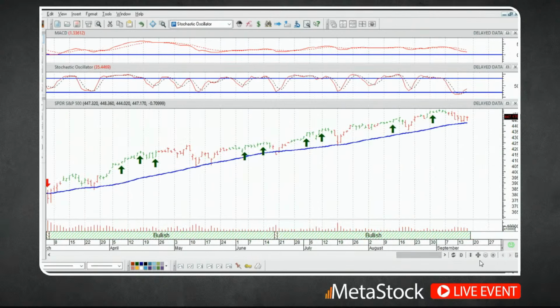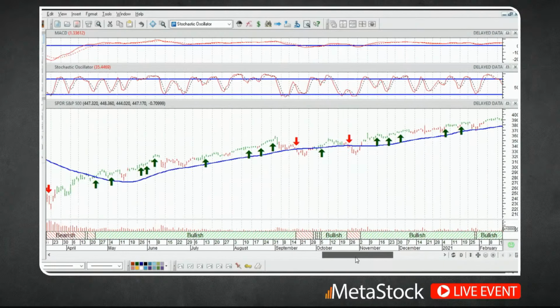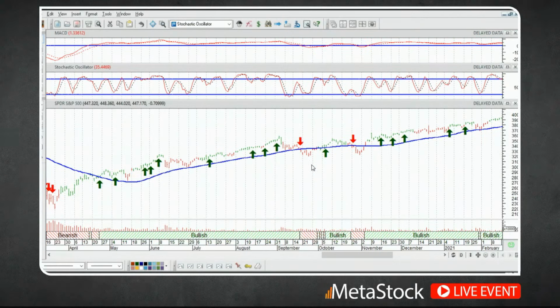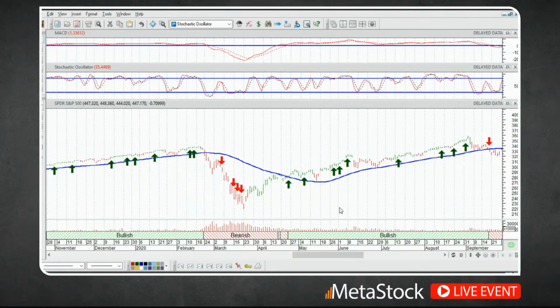So there's some pretty good examples here on this chart of identifying, for example, where the prices are moving up, we get a little bit of a retracement and then they go long, and then vice versa for the sell signals. Again, the prices are moving down, we get a little bit of a retracement and the prices move down again. So this is just one idea of how you can combine a number of different indicators together to give you what I consider a composite signal. But this is just one example, and as you might imagine, there's countless combinations that you could possibly come up with on your own.